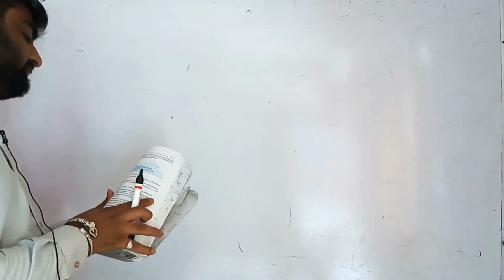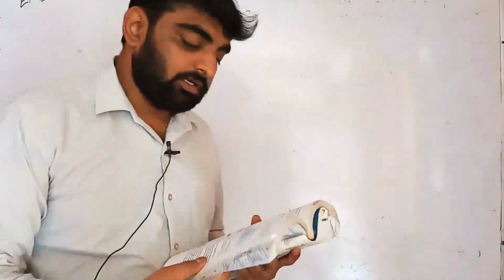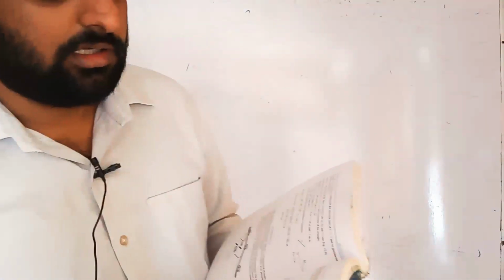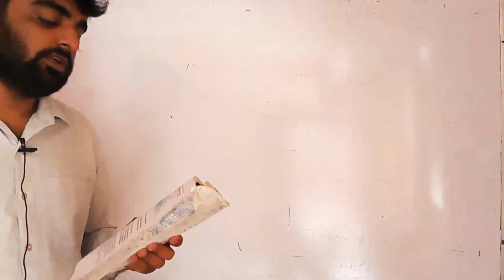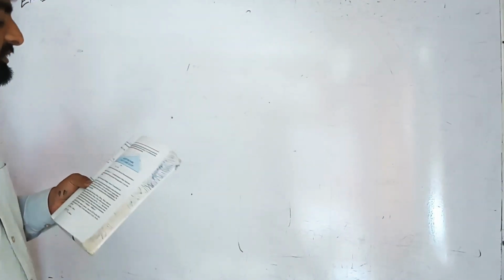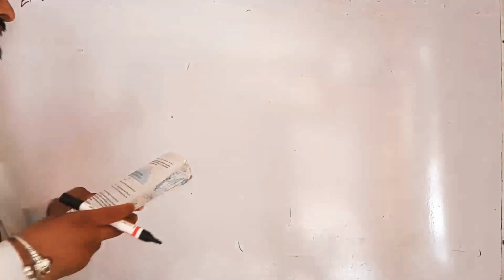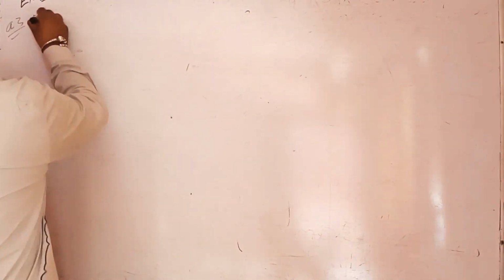The third question is: there is a slide in a park. One of its walls has been painted in some color with the message "Keep the park green and clean." If the sides of the walls are 15, 11 and 6, find the area painted in color. I think you can easily find the value, but I am explaining it. Question number 3.